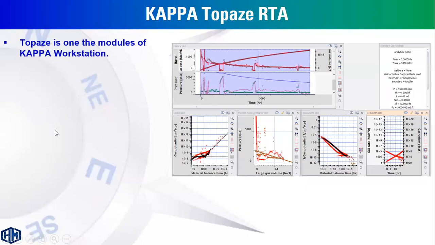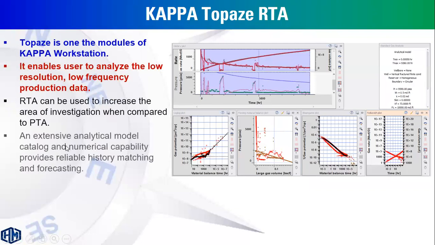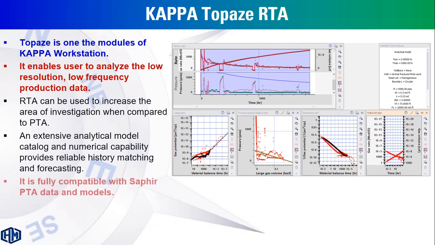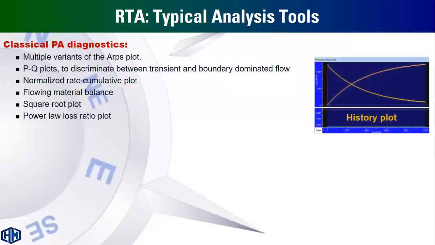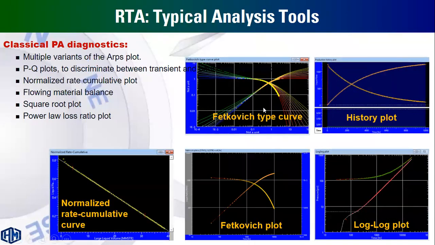One of the widely used applications or software interfaces is Capital, as you can see. It's an integrated platform for analyzing low resolution, low frequency production data using the mentioned tools, and it is fully integrated and fully compatible with PTA. This is the classical diagnostic, the Fetkovich type curve, history plot, normalized rate cume Fetkovich type curve,